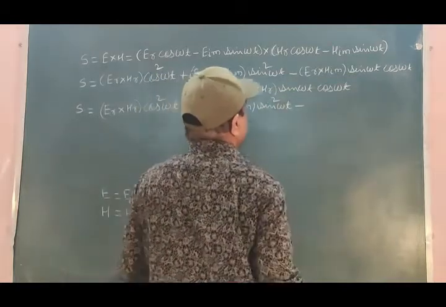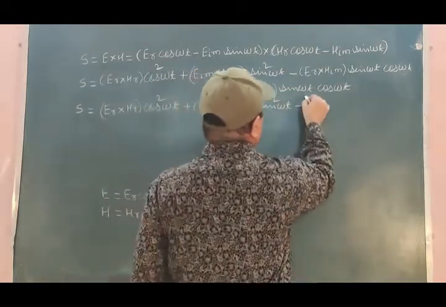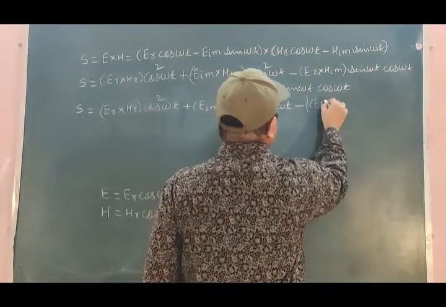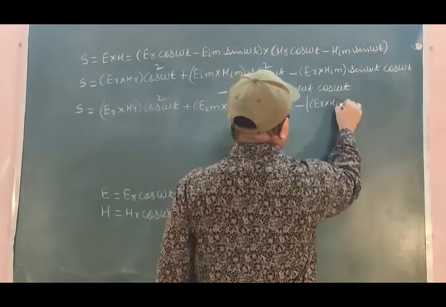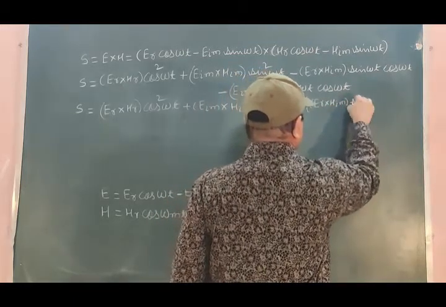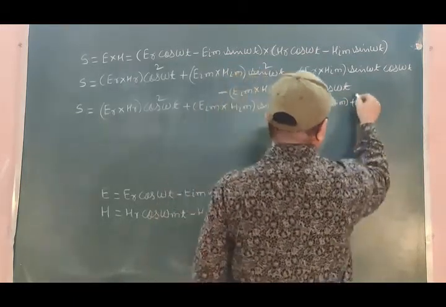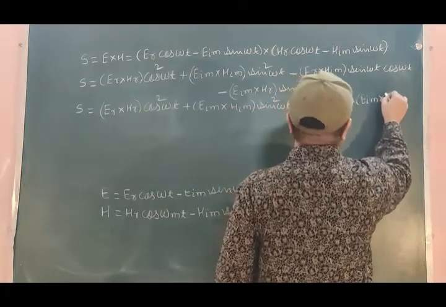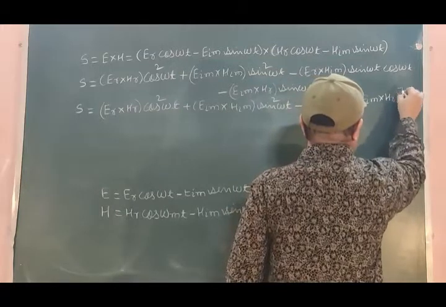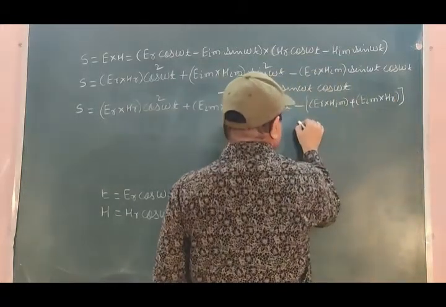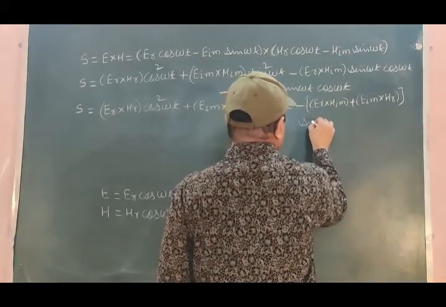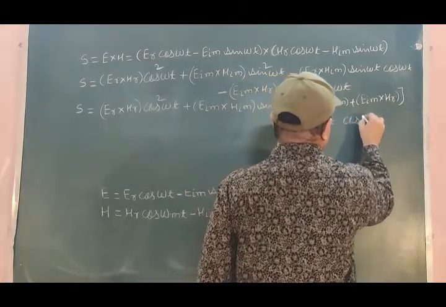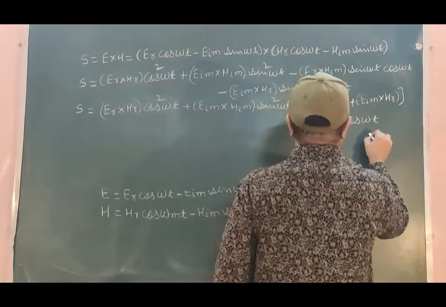This minus is taken common here: ER cross HIM plus EIM cross HR into sin omega t into cos omega t,